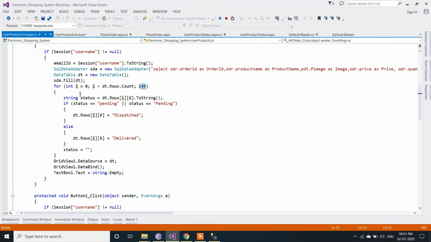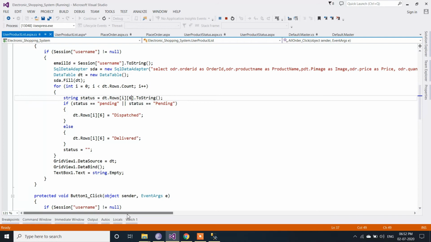Inside that I have taken a string variable named status, and I am getting the value from the data table at index 6. The index starts from 0, right? So at the 7th position it will get the status.